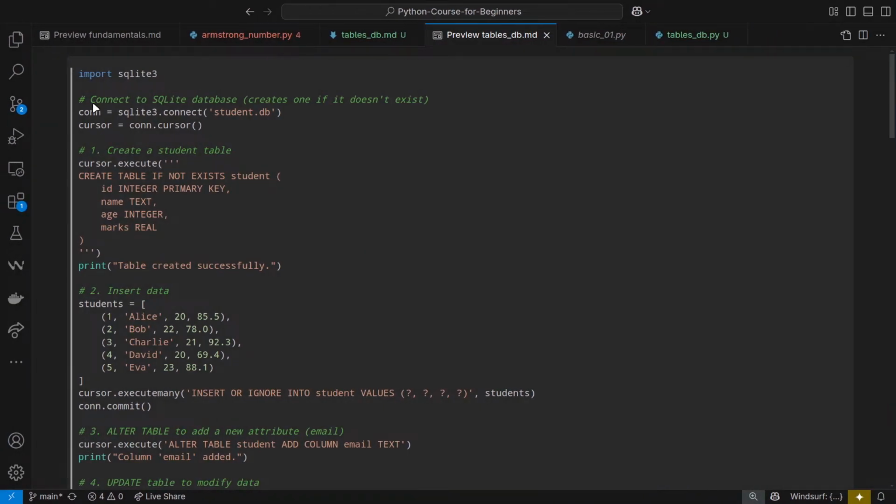So what are we doing in this particular example here? First, we are again connecting to the local